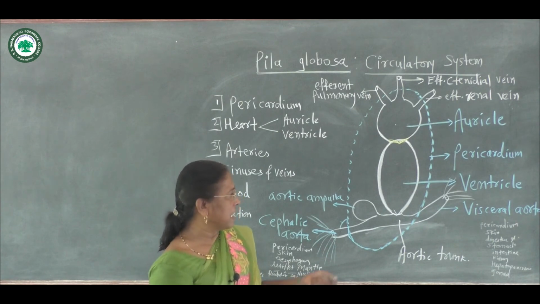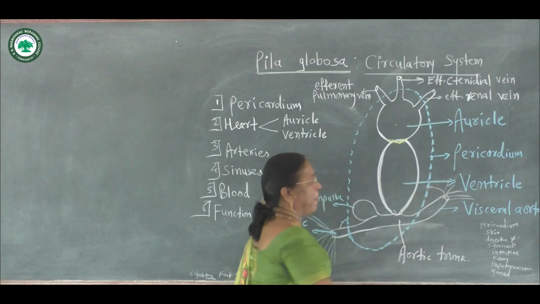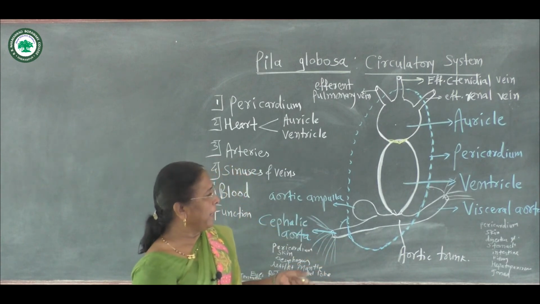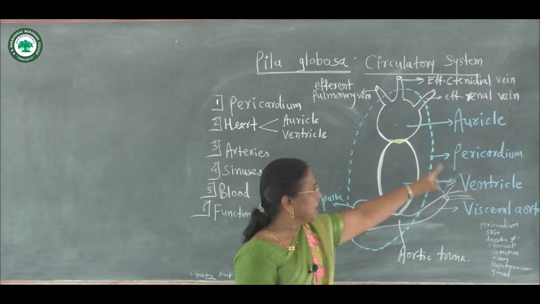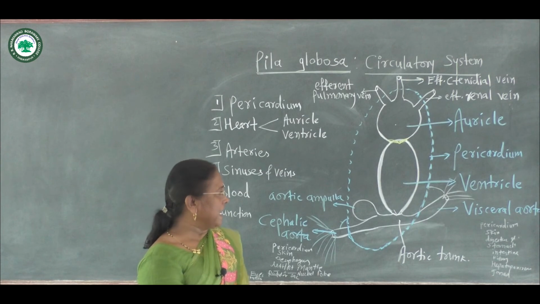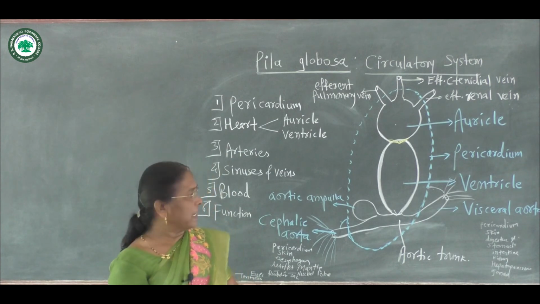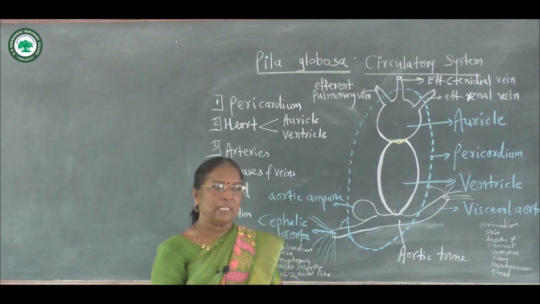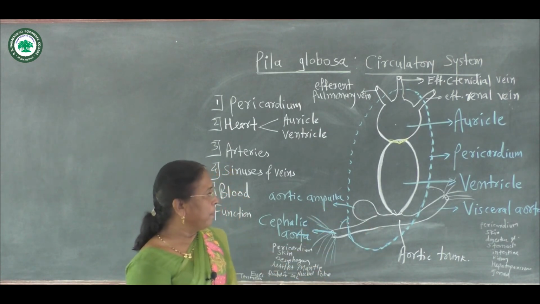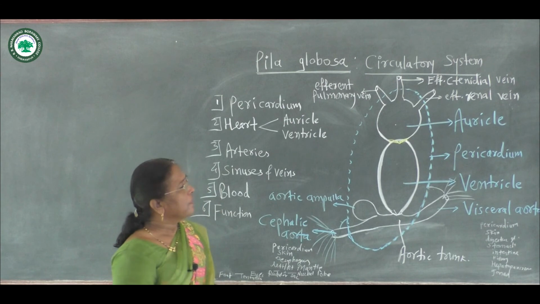First, the pericardial artery, which supplies blood to the posterior part of the pericardium, then the skin or integumental artery, which supplies blood to the posterior part of the skin, then the digestive gland, stomach, intestine, kidney, anterior renal chamber and posterior renal chamber, then the hepatopancreas and gonad. Gonad means the reproductive organs, whether male or female. Gonadial arteries supply blood from this visceral aorta. All these organs are supplied from the visceral aorta.